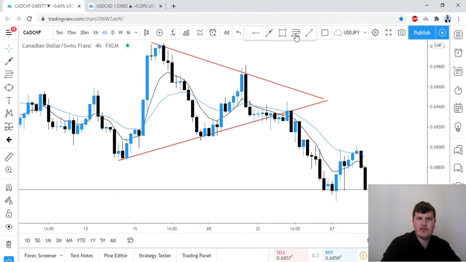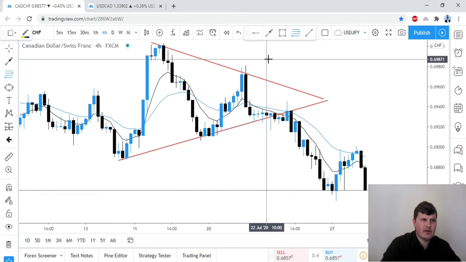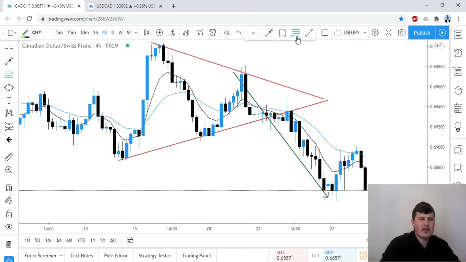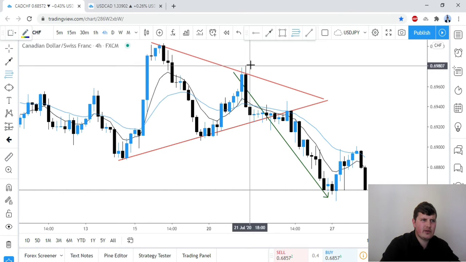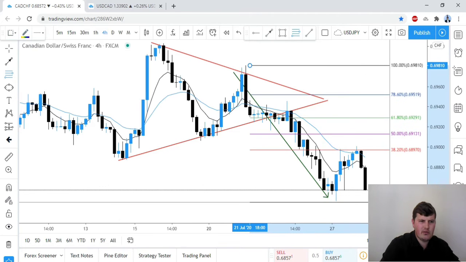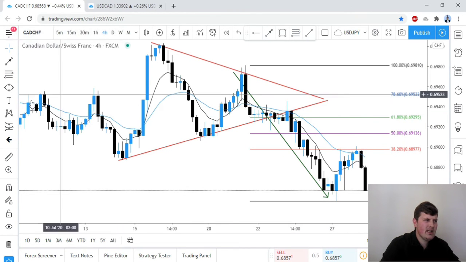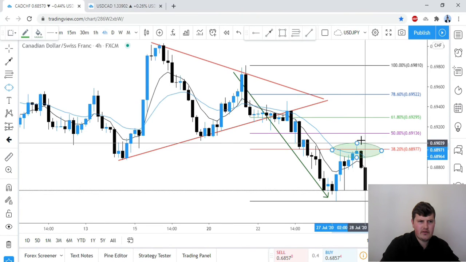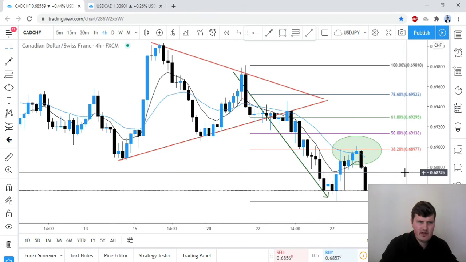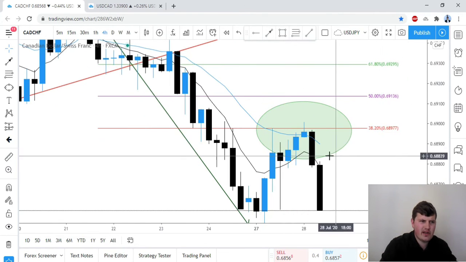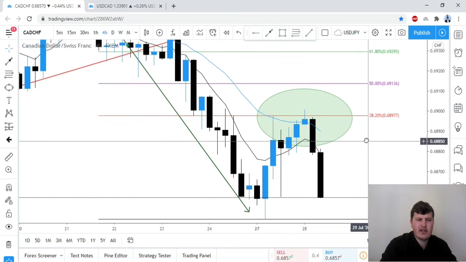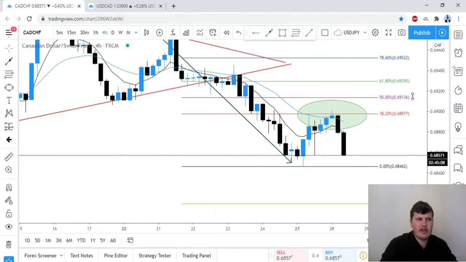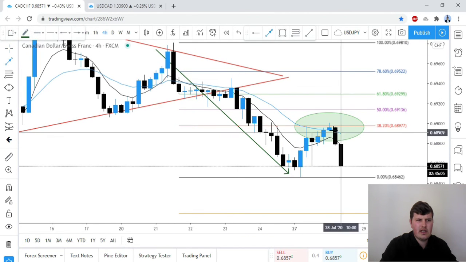Now let's look at Fibonacci on a downtrend. Let's look at this move over here, the more recent move. So for downtrends, you just drag it from the swing high, the top over here, to the bottom, the swing low over there. And as you can see, price tested and reacted at the 38.2% Fibonacci retracement level once and twice, and it looks like it's just aggressively continuing this previous downward move,